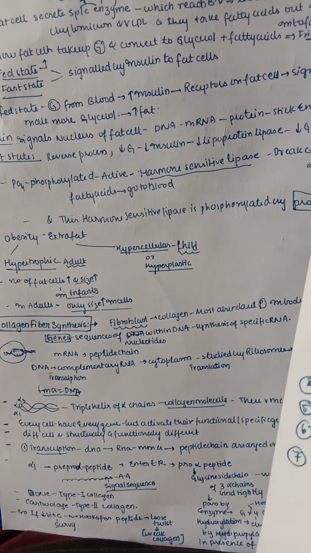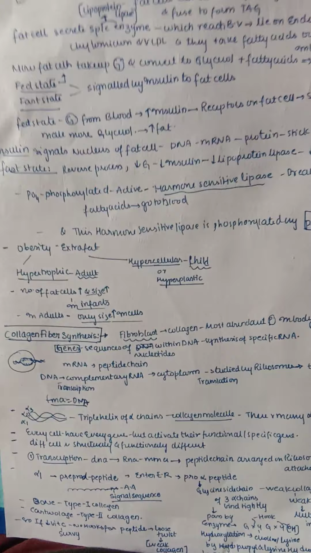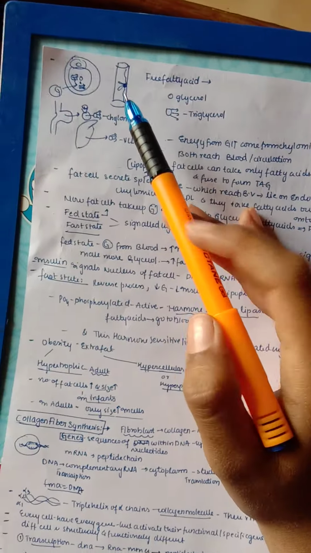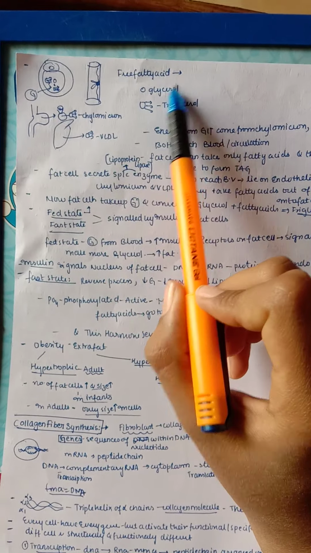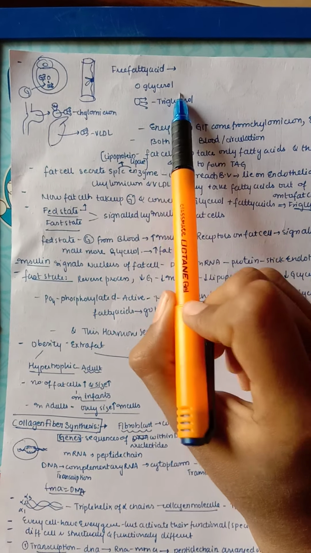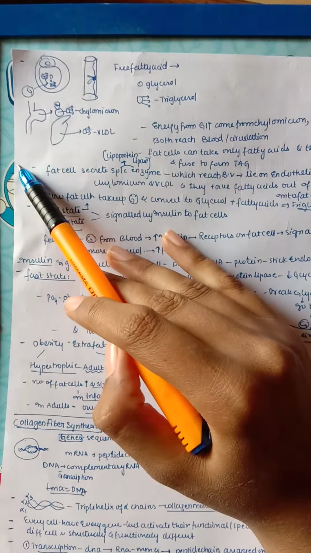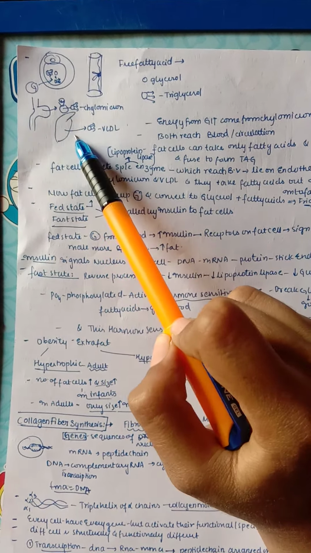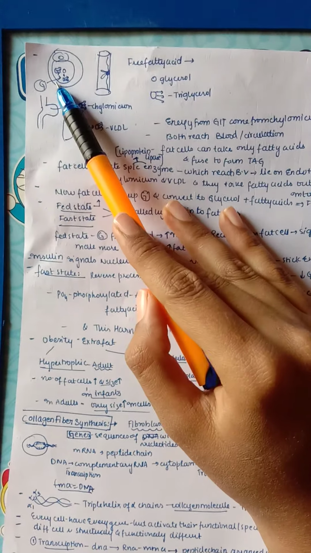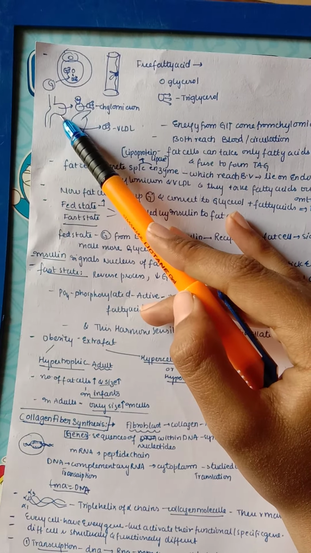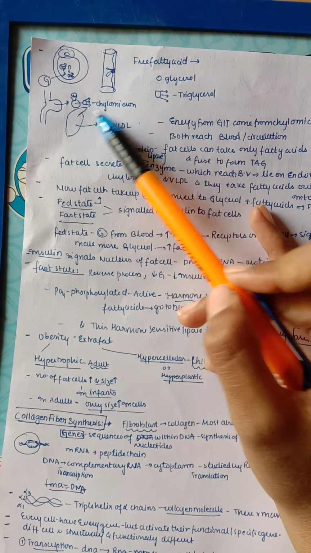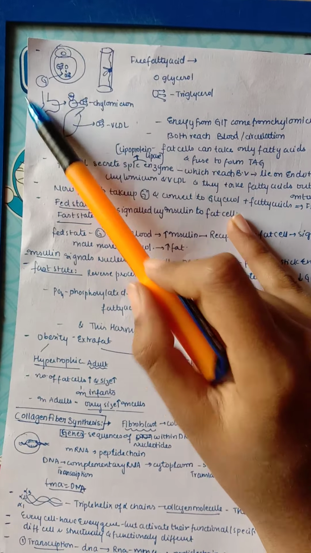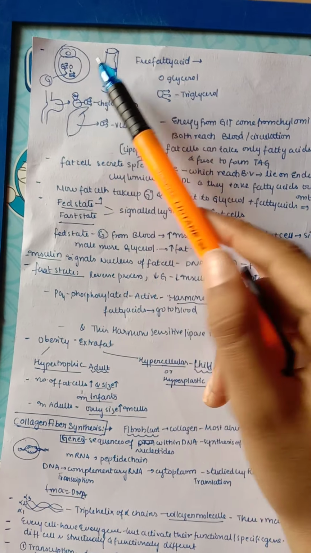So we completed our adipocyte discussion. Now let us see how fat is released and how that is going on. First, free fatty acid with glycerol forms the triglyceride, as we all know. The liver can produce fat by synthesis, and from the GIT, by food, we also get fat. All this fat mainly reaches the blood vessel, and next from the blood vessel it reaches our fat cells. So you can find here a unilocular fat cell, because now we are talking about adults.